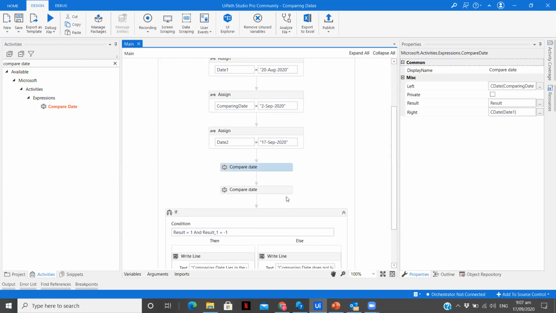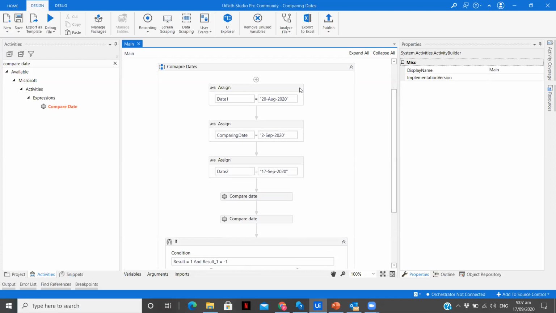Now we are going to use this Compare Date activity twice. Why? First, because we want to see whether the date is greater than 20 August 2020, greater as in if it comes after that or not. And second, we want to check if the date is smaller than 17th September 2020, that is, that particular date falls before 17th September 2020.